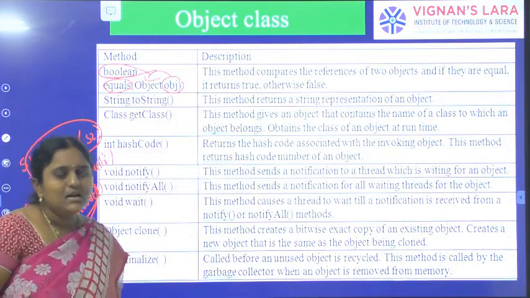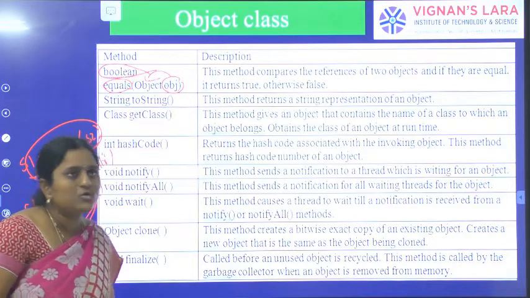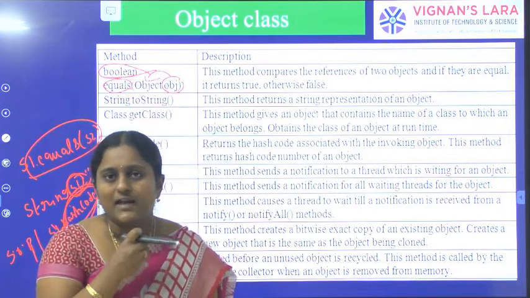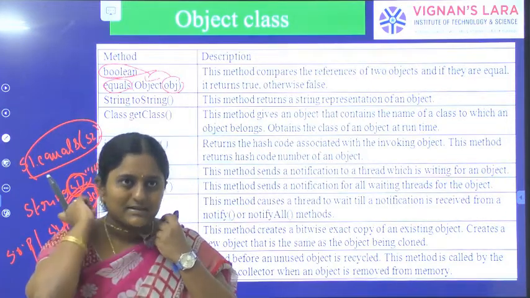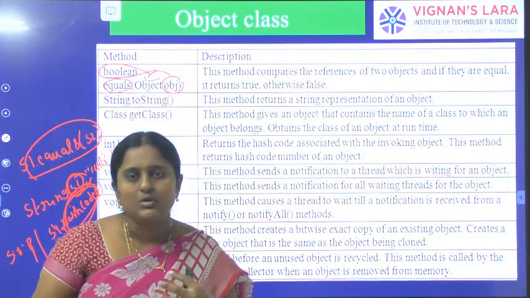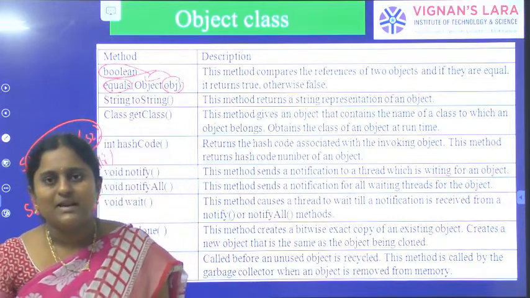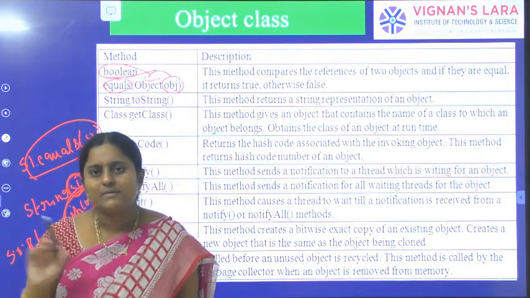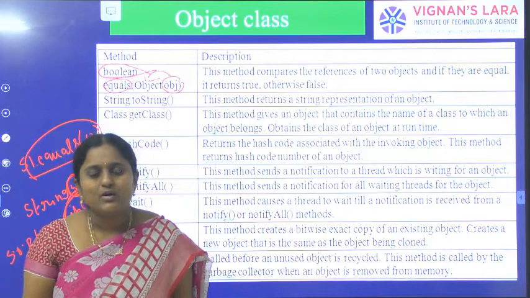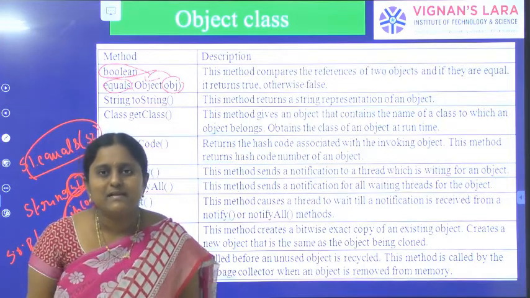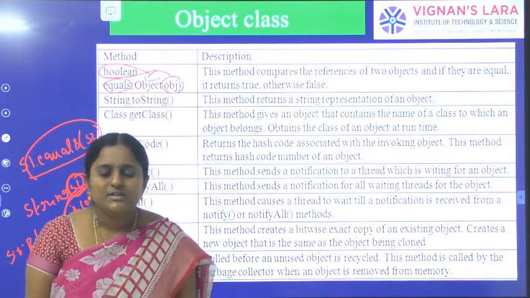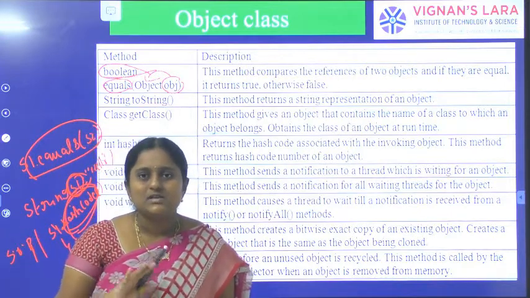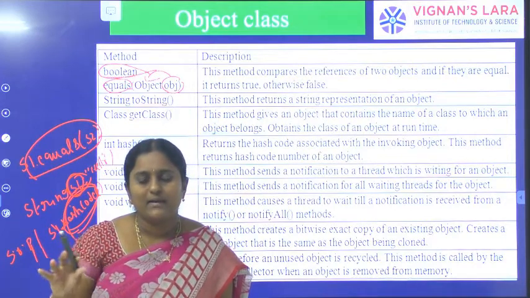Next one, the finalize method. Where can we use the finalize method? We can use it in the garbage collector concept, which I already told you about. The garbage collector collects the unused memory space and improves the performance of our application. It cleans up all the unused memory spaces. It acts as a system background process and cleans unused memory spaces in our application. In these situations, we can use the finalize method. It cleans up all the resources. What are the resources open in the current program?